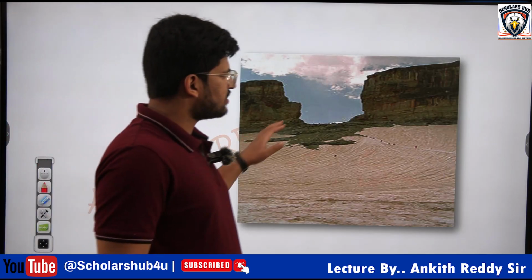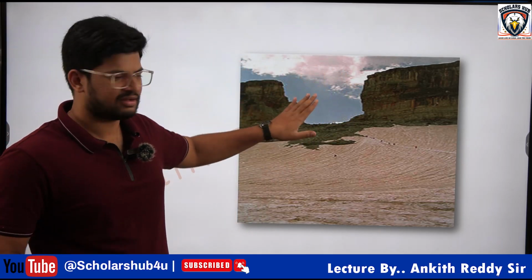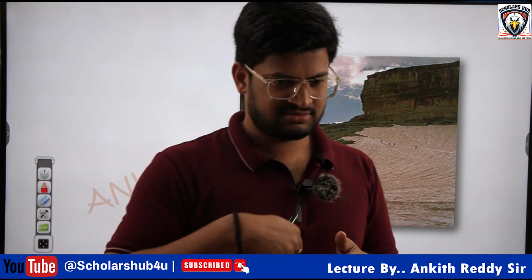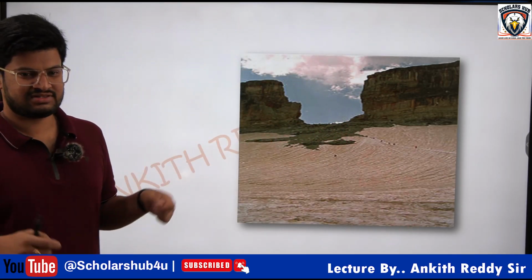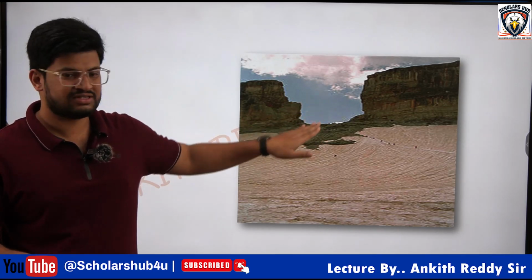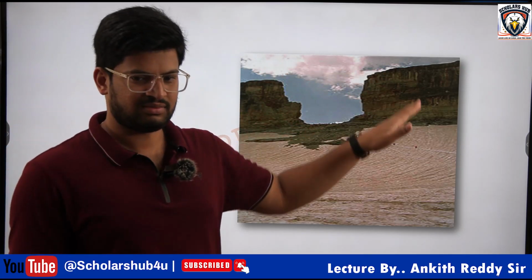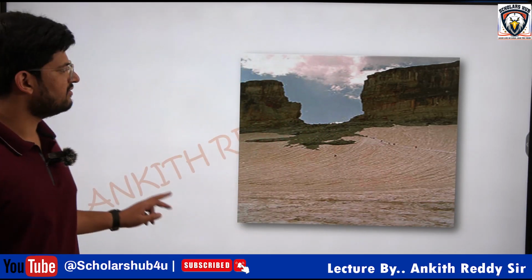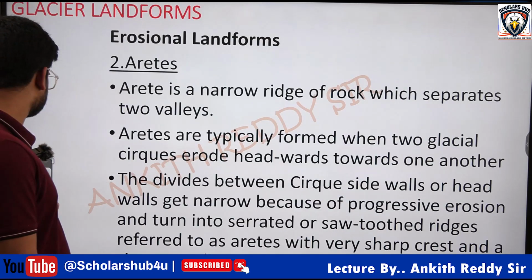Okay. So sometimes this depression deepens and forms in between the mountains. Wherever there is a continuous chain of mountains, it is difficult to cross. But because of the repeated formation of cirques, what happens? A gap is formed. This is called a col or pass. When we discuss Himalayan geography, we'll study the important passes in the country. Anyway, you understood what a cirque is, right? Next, moving to